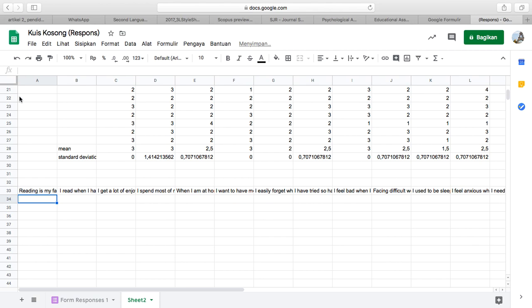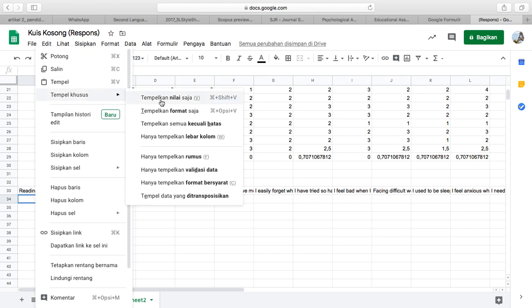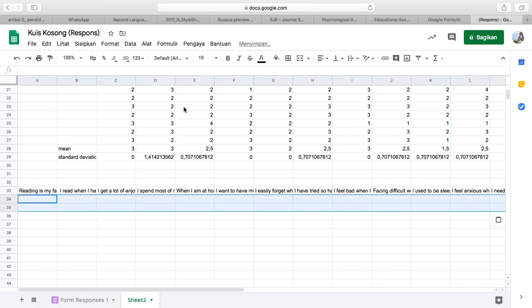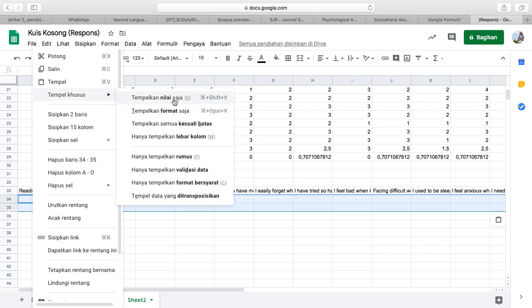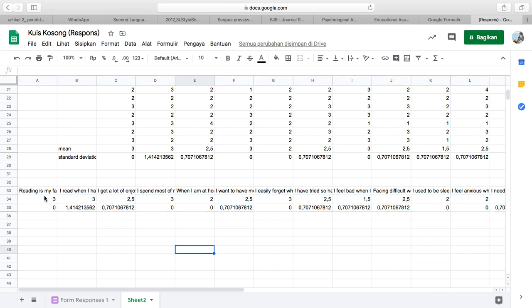See, so what we need to have is, remember, tempelkan nilai saja, so just the values. Okay, so now